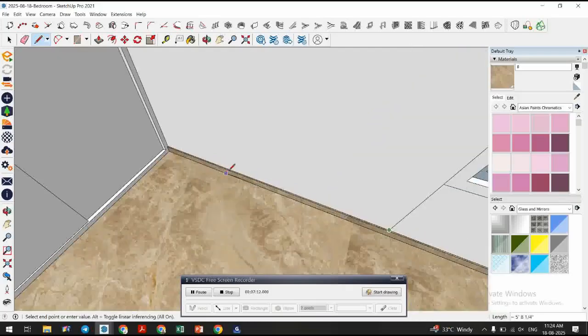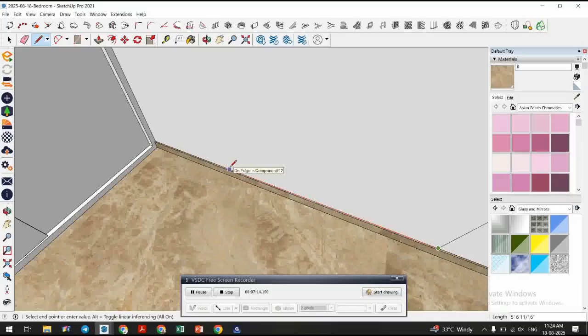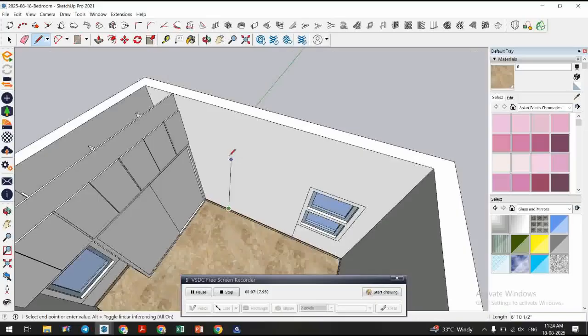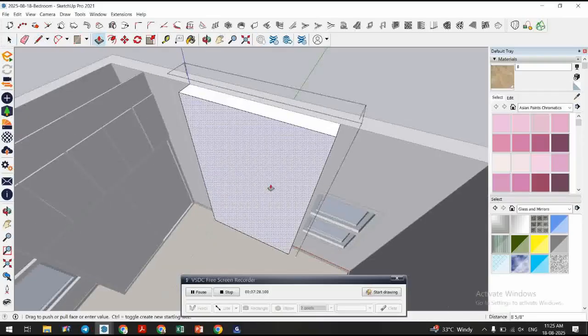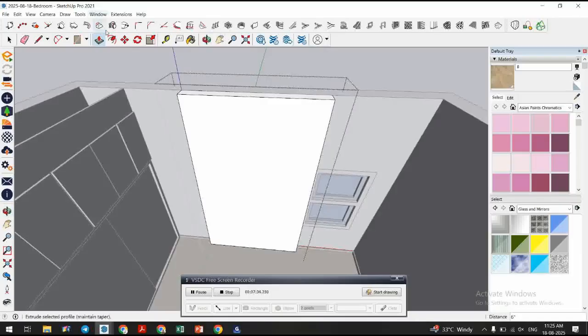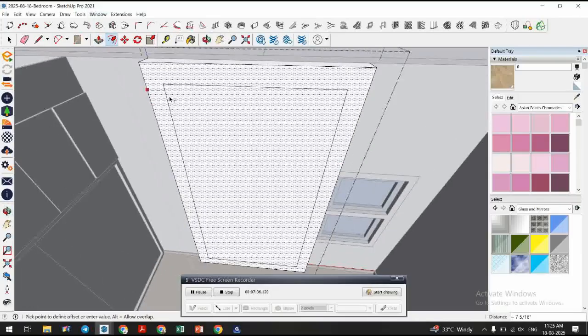Usually, for the width of your cot, we will be providing the paneling design, and the height of the paneling you can decide according to your creativity. So here I want the paneling projection to be around 6 inches, out of which I want to offset